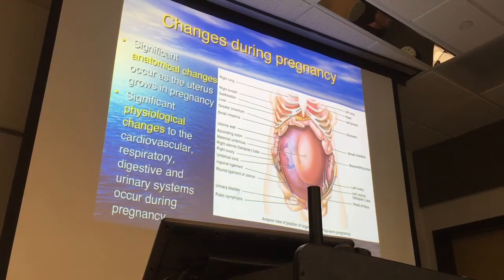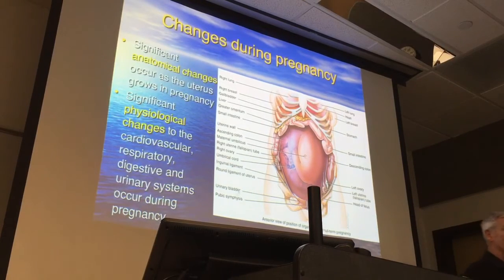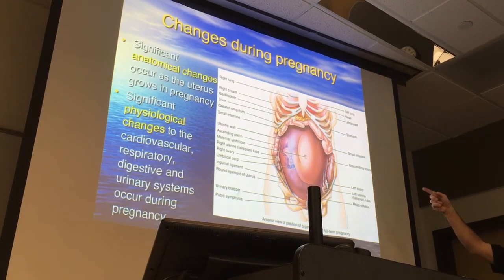Well, what's the big change seen in this diagram? It's up. The diaphragm is pushed up by all this. If you don't have a baby down there, when you breathe, the diaphragm dome shape pushes the liver down. Do you think your diaphragm can push the liver anywhere? No. So you can't get as large a volume. The tidal volume goes down,